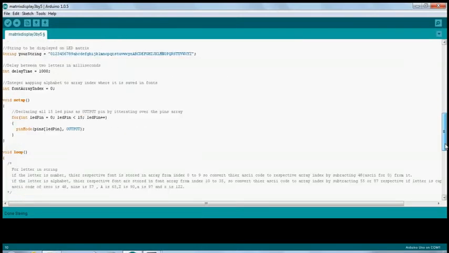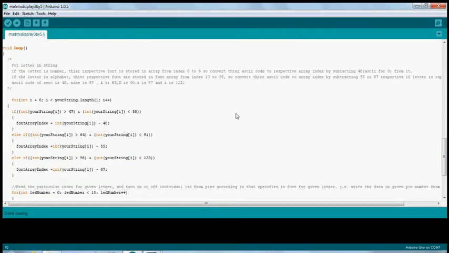Now, the ASCII code of 0 is 48, 9 is 57, A is 65, Z is 90, small a is 97 and small z is 122.